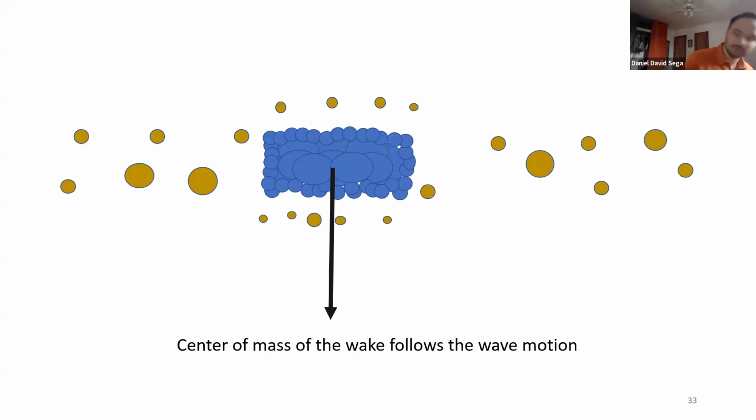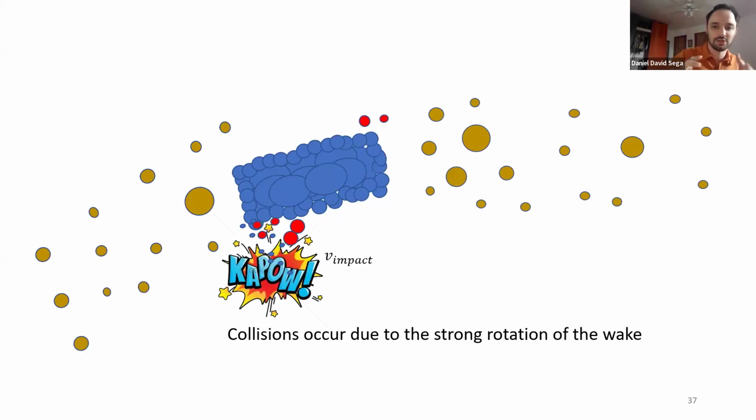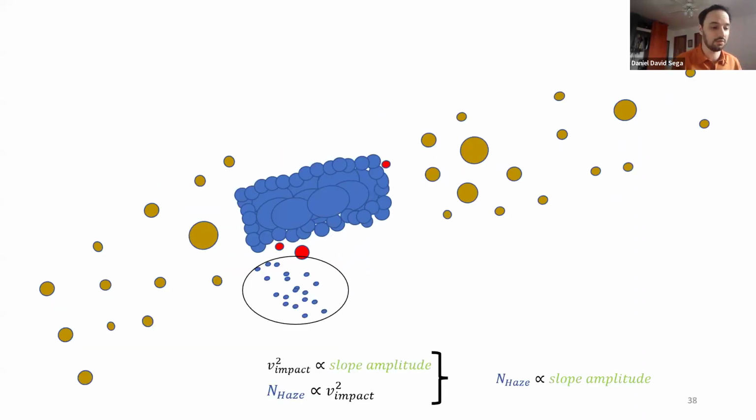And here's a cartoon that more or less explains what we find. So the most important thing is that this rotation actually causes a difference in the velocities of the surrounding particles and the waves as they move up and down. So that causes collisions, and the collisions are significant. For the rings, if you have centimeter per second collisions, 5 centimeter per second collisions, that's significant, and you should expect some regolith to form.